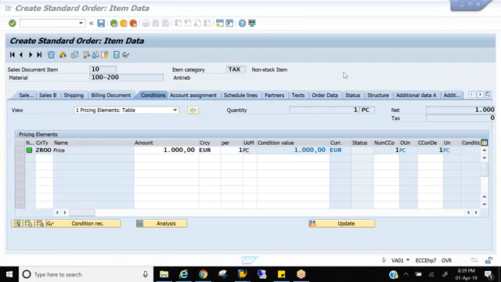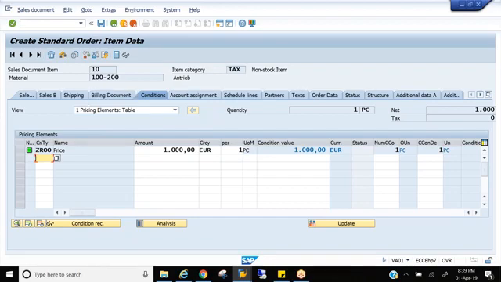So watch the video once, twice, get used to the steps, screens, and then start it. Okay, because this is the same thing. This step, whatever we have done now, we will repeat 100 times. We need to place other discounts. We need to place surcharges. We need to place taxes. There are a lot of other condition types.